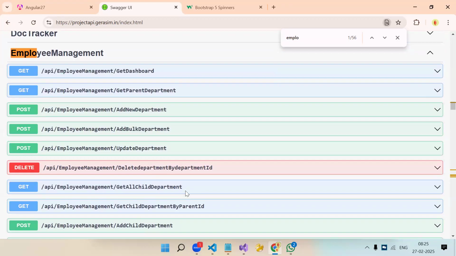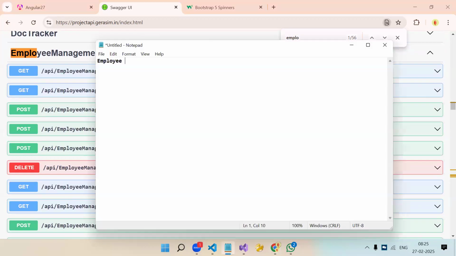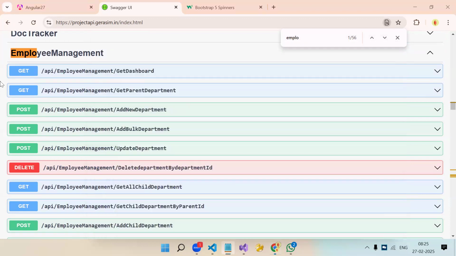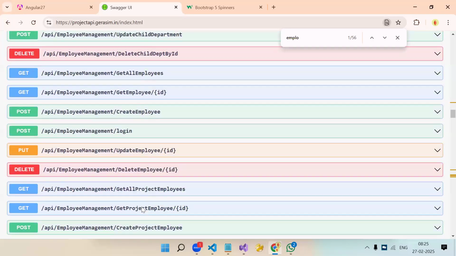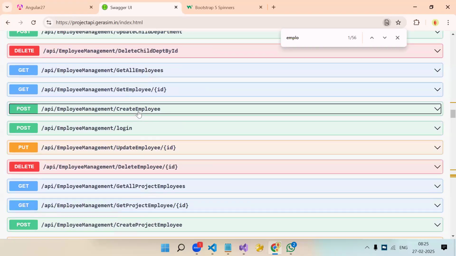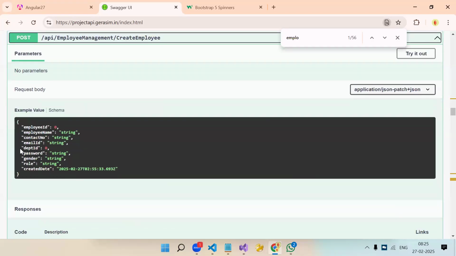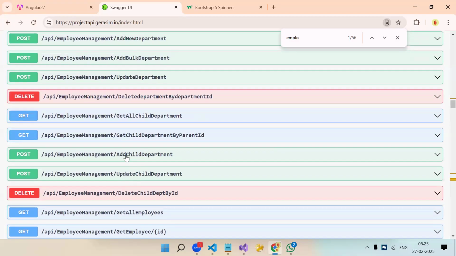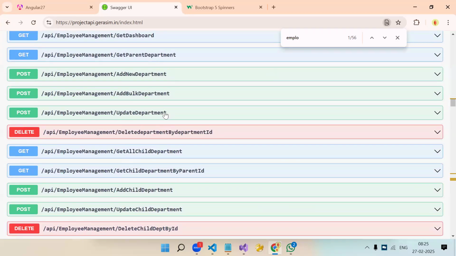Okay. So it's a simple employee management application. Now, when we have to create the employee, this is master kind of data, department and everything. You don't need to do it. Okay. Directly start from the employee, creating employee. If you see the create employee object, here you need department ID. Okay. Now department ID is a foreign key, but if you see, we have two types of department. This is parent department, and again we have child department.